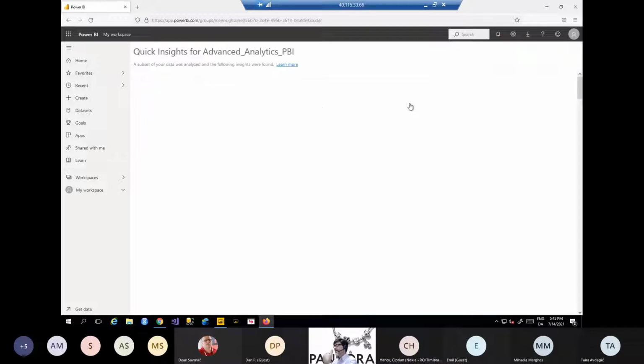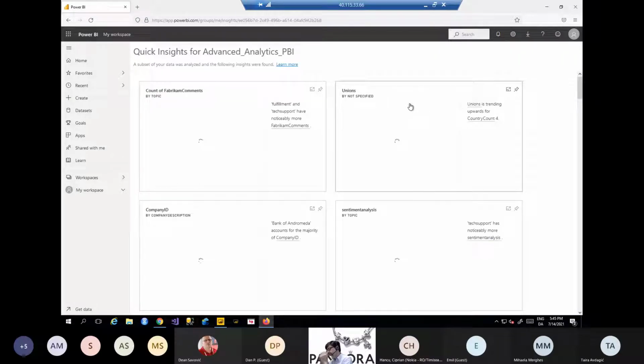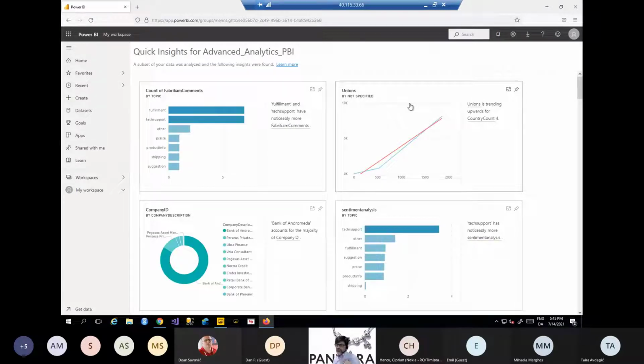Insights are ready. Power BI is applying some kind of algorithms to your dataset. I don't know exactly about the algorithms. They are not public, but Power BI is doing some research on your set of data, and this is the output. Power BI is giving you some insights, out of the box. So why not use it? Of course, my data is demo data, so probably there is nothing so insightful. Anyway,